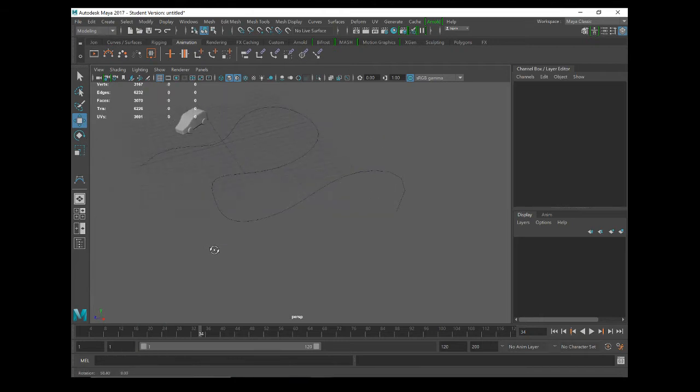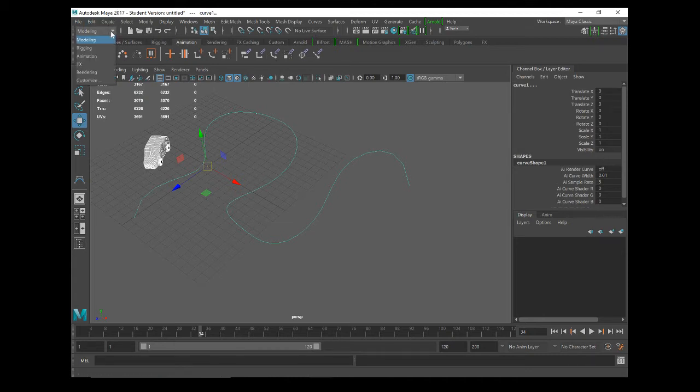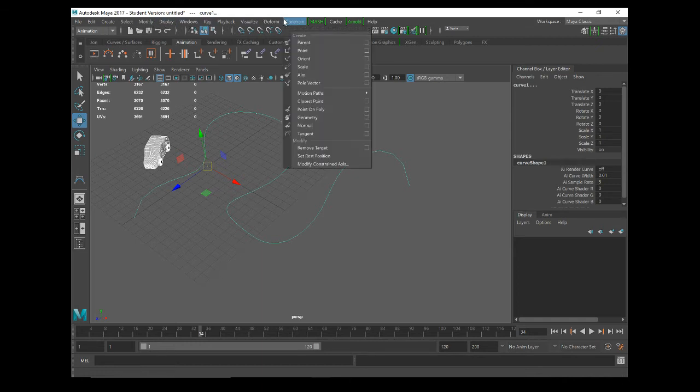Okay, so what I want to do then is have the car and the path selected, holding down shift, so I've got those both selected. And then we need to come to animation, and we're going to go to this subset here. So this changed a little bit in the last set of Maya, but what it is, you're telling it to constrain to a path, so you're telling it to work around a path. So attach to motion path. So if I click on this,